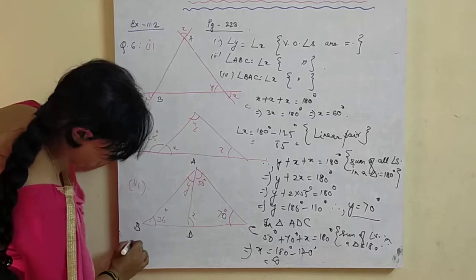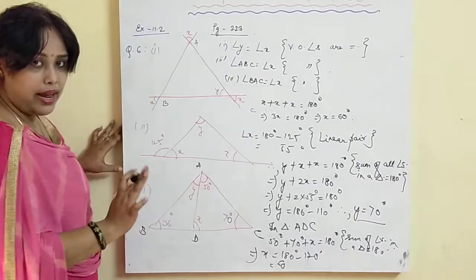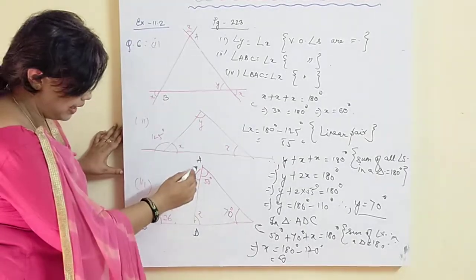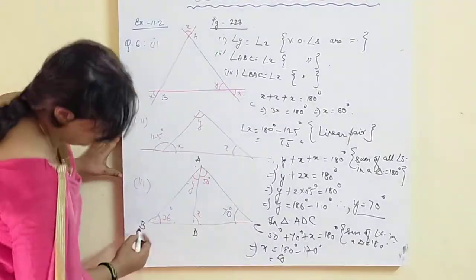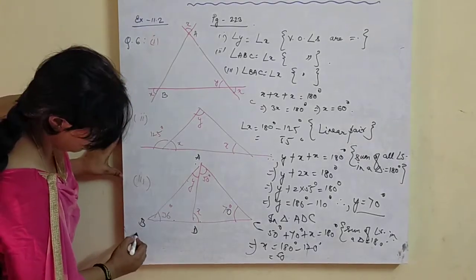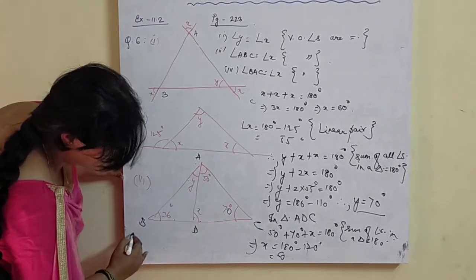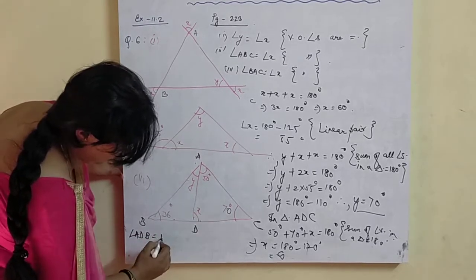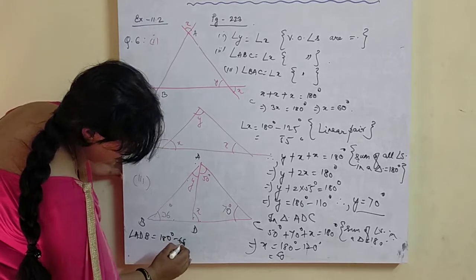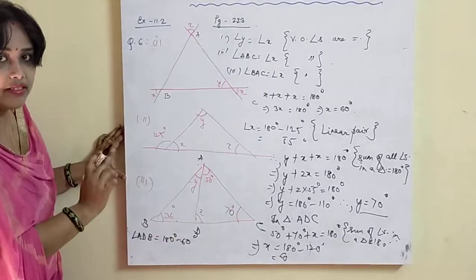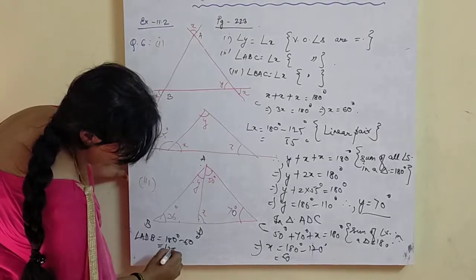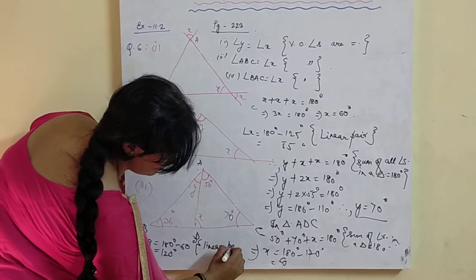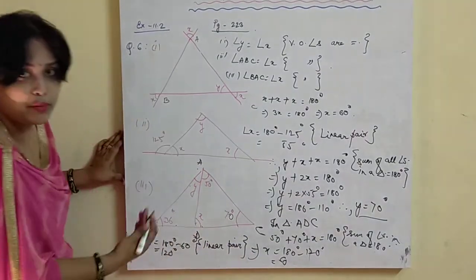So angle you will write. Students, please try and understand. Here you have taken out x. So why do we need to take out this? To take out y. Because again angle ABD is a triangle. So you will write here angle ADB. Angle ADB is equal to 180 minus 60 degree. And each time, my dear students, you will not forget to write the reason. That is why I am solving all. Linear pair. Because it is a very neat way of representing.